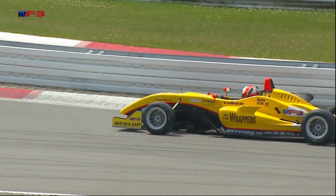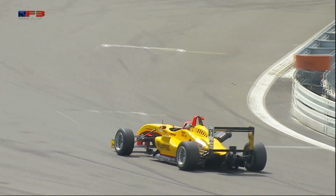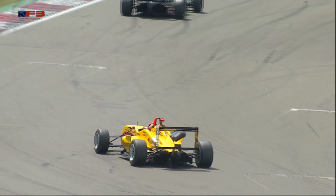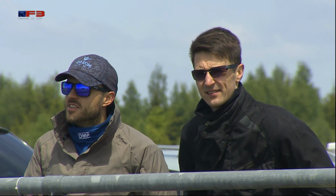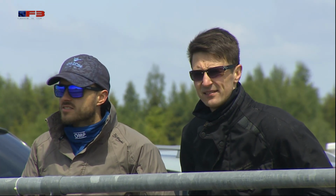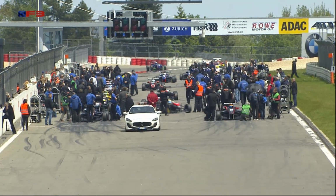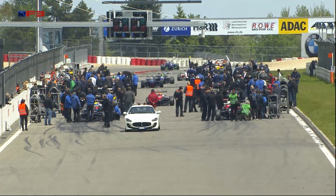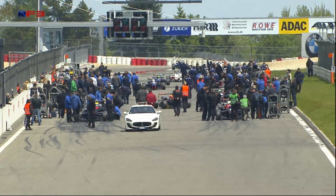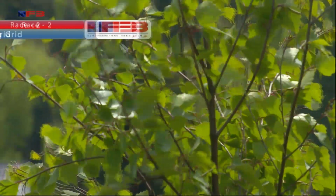Absolutely capacity grid this year, as the category continues to teach young drivers everything they need to know about driving smoothly and rapidly in slicks and wings single-seaters, because the cars look like many Formula 1 cars, and crucially they actually have considerably more grip than they do relative power available to them, and that means that corner speed, corner exit speed in particular, is the key to a successful performance. And that's why drivers love racing Formula 3, because it teaches them so much about racecraft, about consistency and about